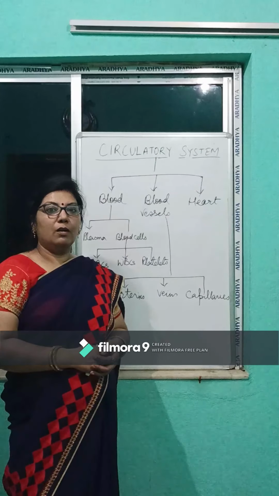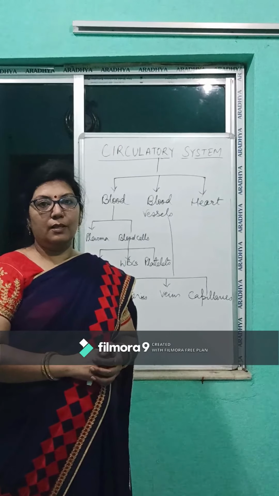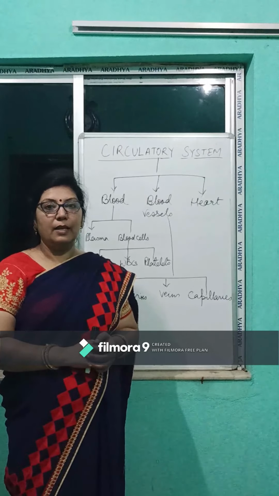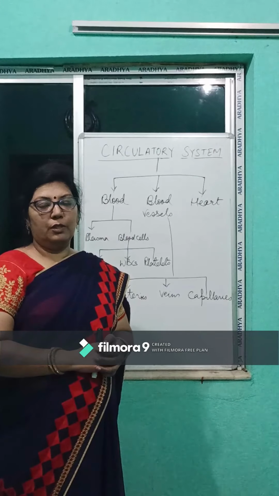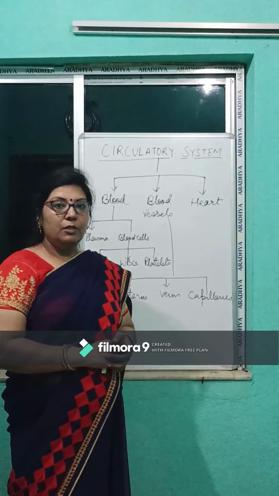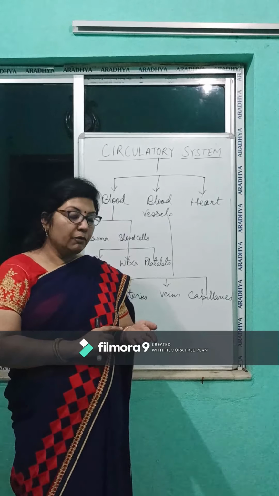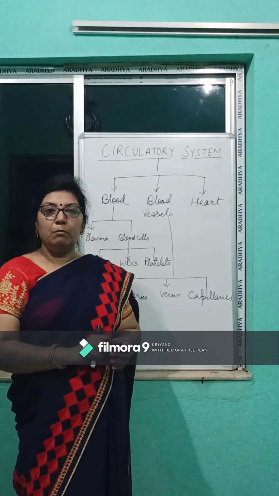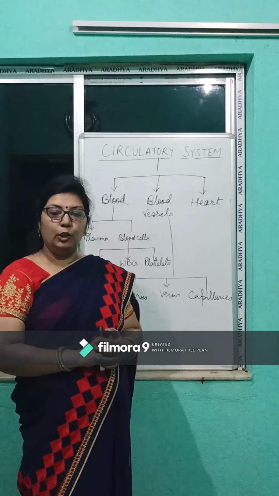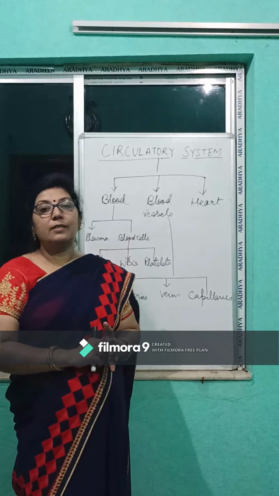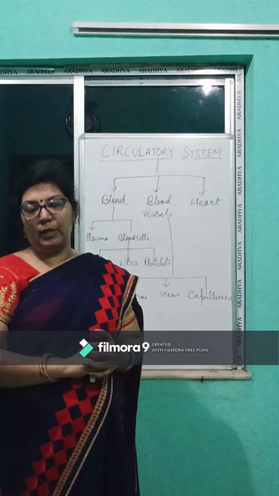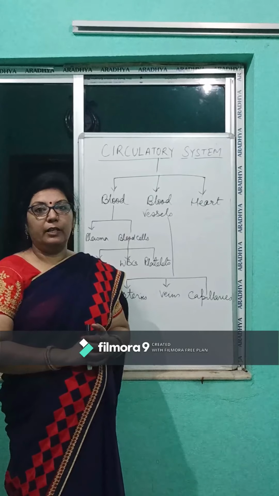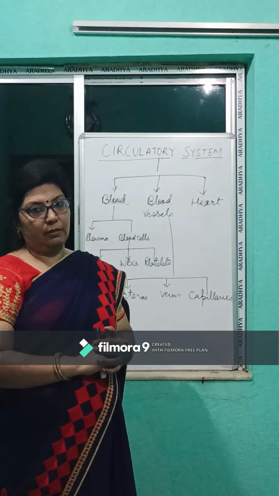Veins are called the collecting vessels. They collect deoxygenated blood from the entire cells and take them to the heart. They are found just under the skin and can be visible as the dark lines. They have thin muscular walls with wide lumen. All veins carry deoxygenated blood except pulmonary vein. Pulmonary vein carries oxygenated blood.